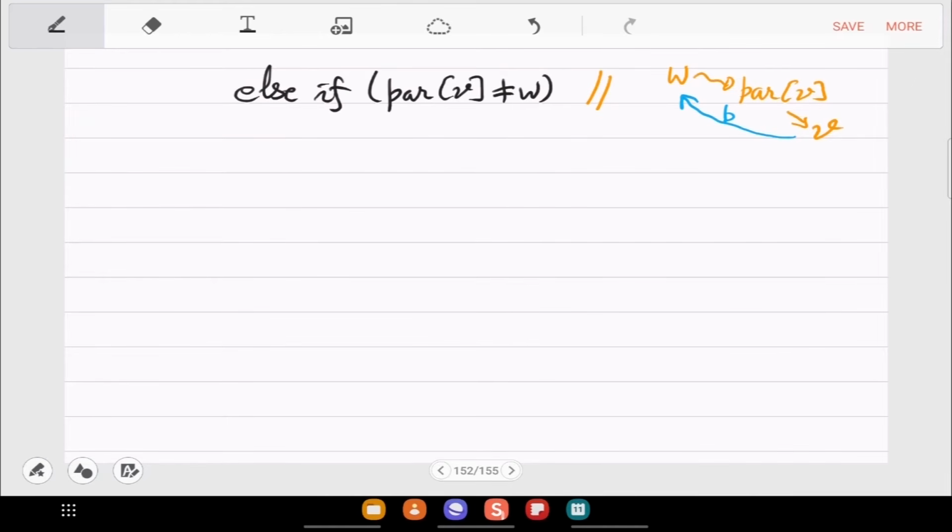And what should you do in this case? That green, the second type of update. So high point of V here is high point of V with DFN of W.